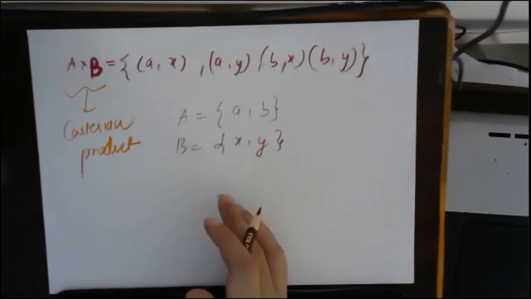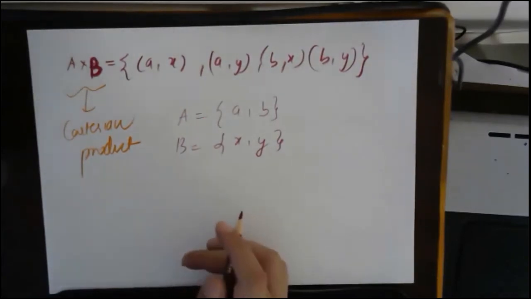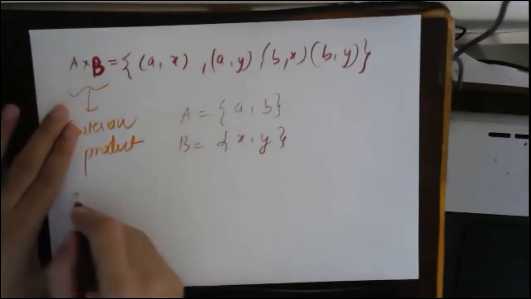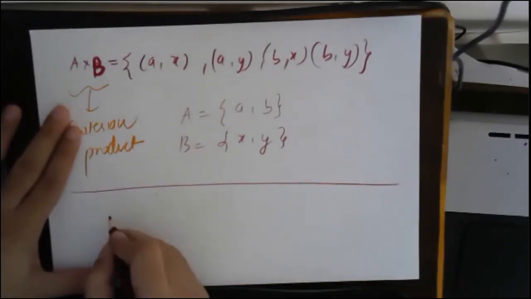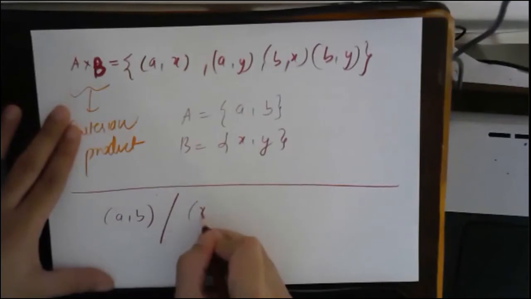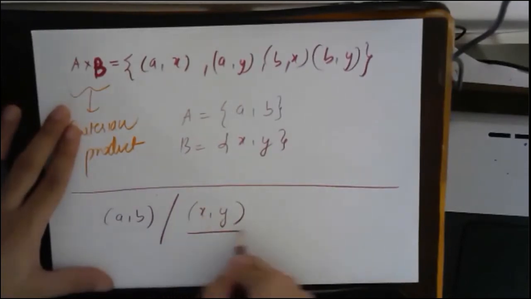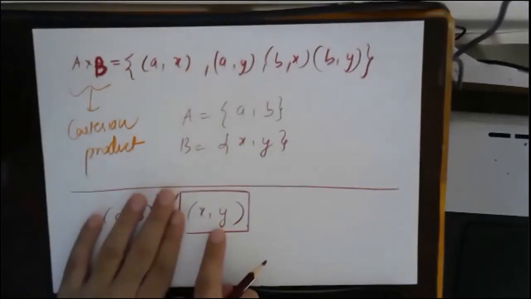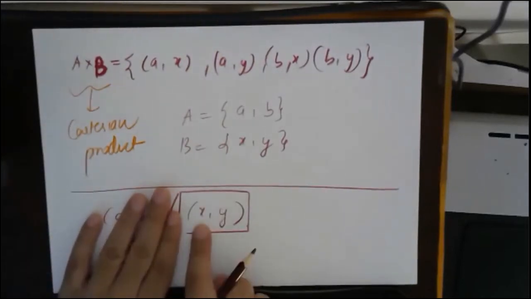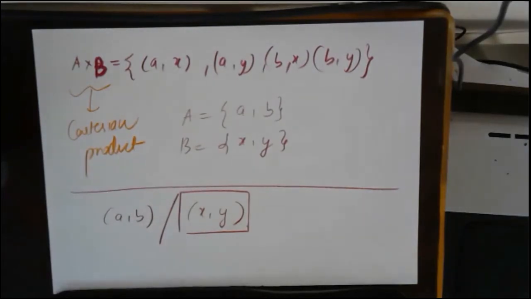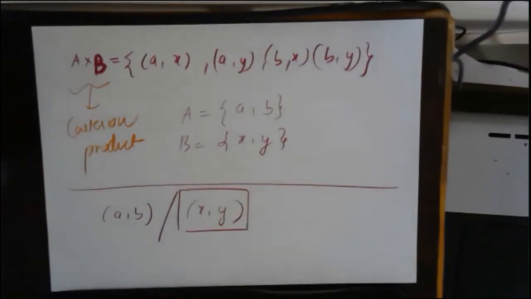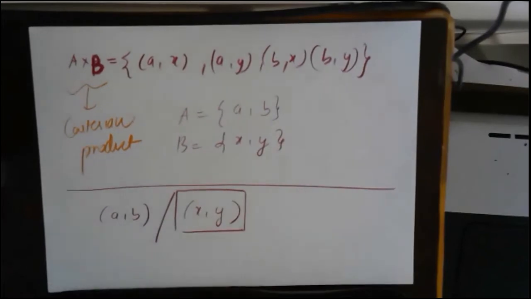Suppose we are talking about this, and if you think about it, we have seen something like a comma b or x comma y somewhere before. Where have you seen this kind of thing, in bracket x comma y? Coordinates, in what? In coordinate geometry, in a graph. Very good. We have seen something like this in coordinate geometry.